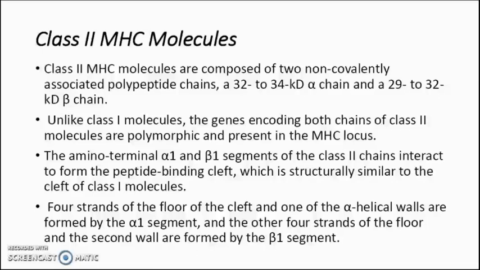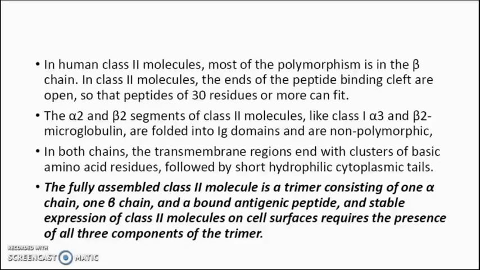4 strands of the floor of the cleft and one of the alpha helical walls are formed by the alpha 1 segment, and the other 4 strands of the floor and the second wall are formed by the beta 1 segment. In human class 2 molecules, most of the polymorphism is in the beta chain. In class 2 molecules, the ends of the peptide binding cleft are open, so that peptides of 30 residues or